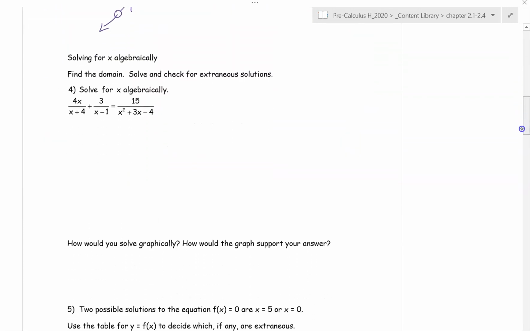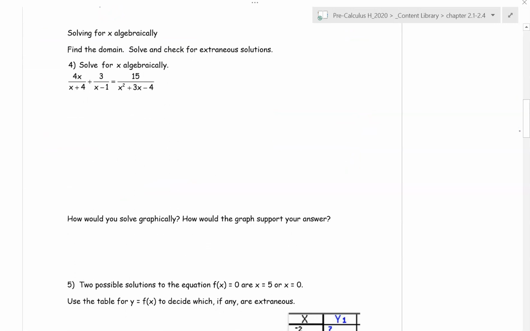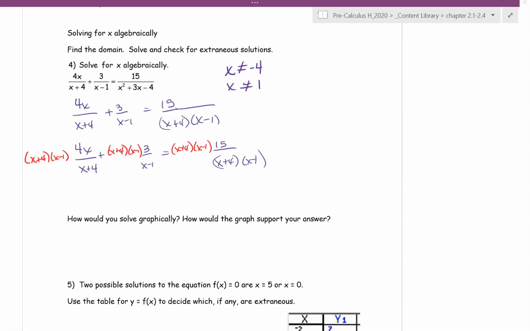Why don't you go ahead and take a look at number 4. We're going to go ahead and find the domain and then solve algebraically and check for extraneous solutions. So go ahead and pause the video and solve for x. All right, so if we multiply both sides of the equation by x, the quantity x plus 4 and the quantity x minus 1, we end up with 4x times x minus 1 plus 3 times x plus 4 equals 15. So if we solve this equation,